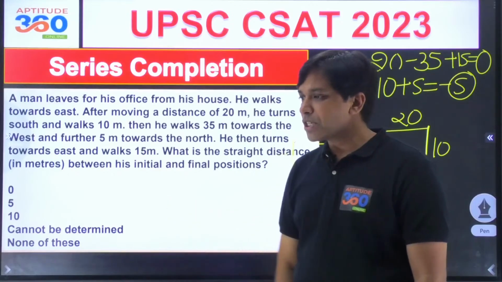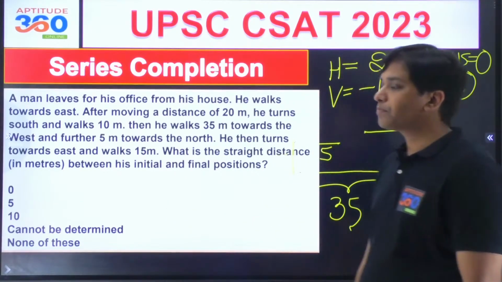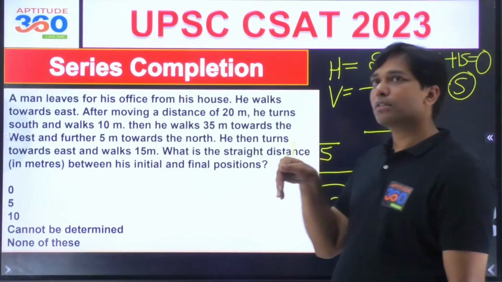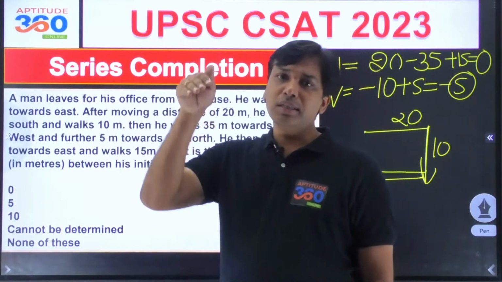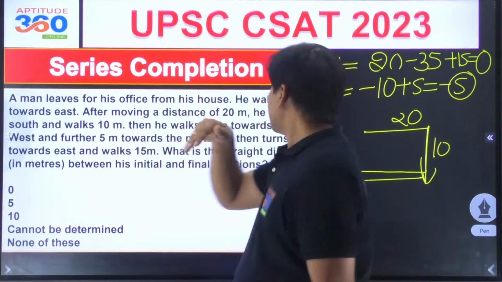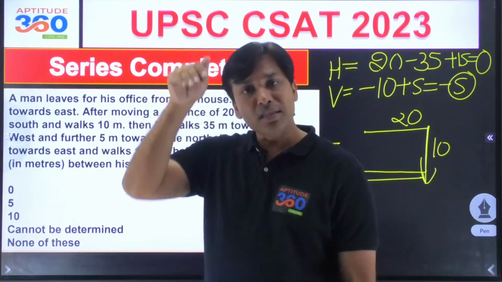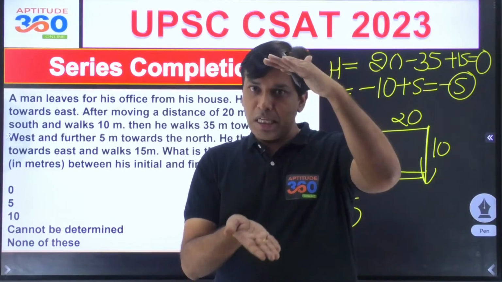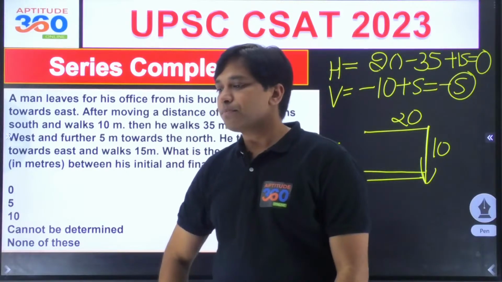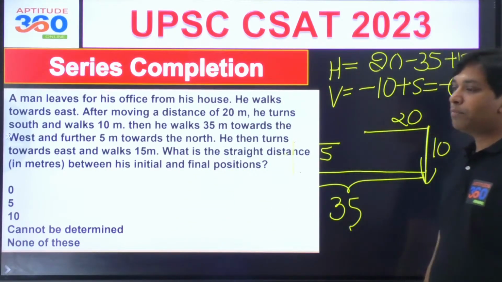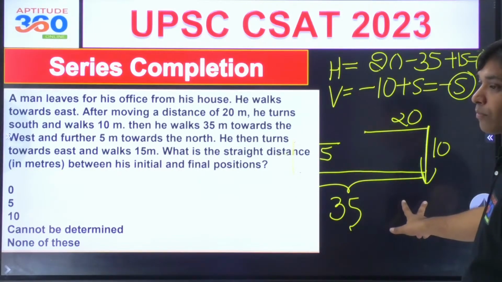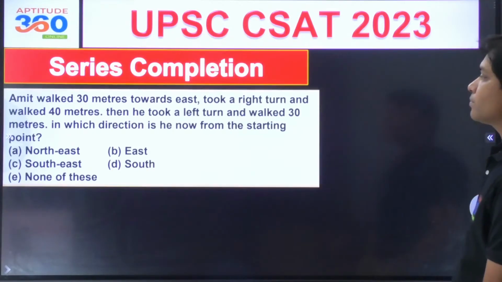So that's a pretty simple problem. Divya, Debashish, you guys are getting the right answer. How about others? What is it going to be totally? It is going to be 10 meters, whatever, in the south and then 5 meters in the north, so there is still going to be a gap of 5 meters, isn't it? Are we okay with this problem, yes or no? Let me know in the comment section if you're okay with this problem. Go ahead and solve this one then.